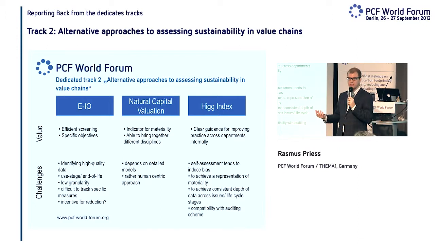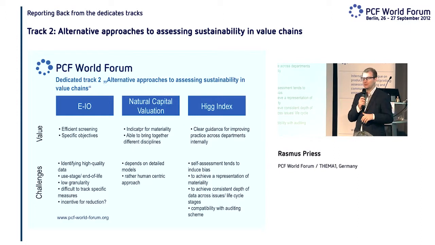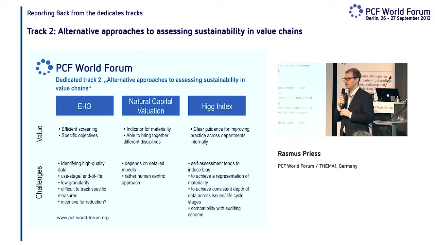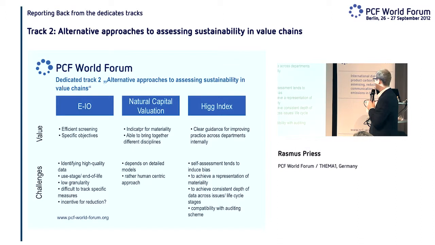Also, there was this question: how do you really make sure that the checklists you have are covering the important issues, and that you also weigh them in an appropriate manner, so that you really address materiality in a good manner? That is quite important with the checklist, to see how you make sure you really put weight on the important issues and may not lose sight of them when you address all equally.